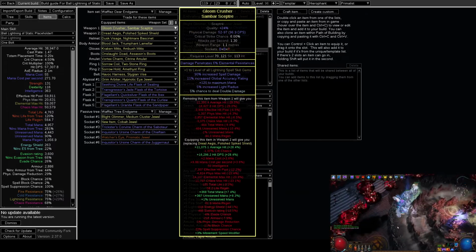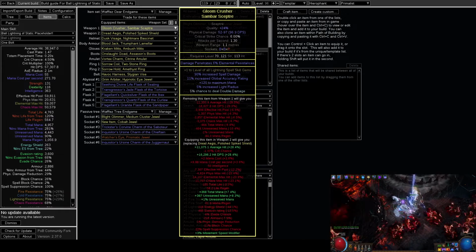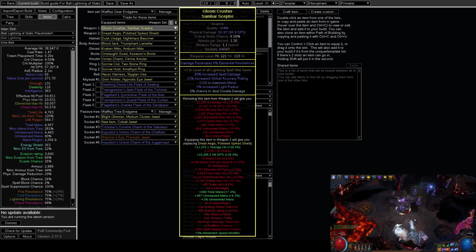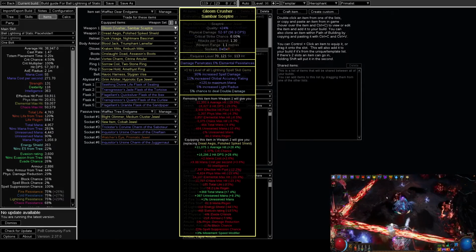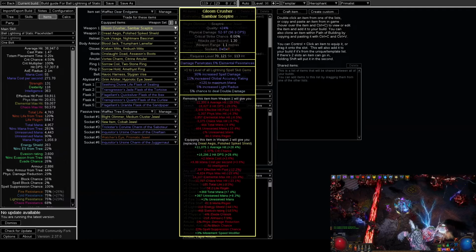Real quick, you can also get a fractured mana base. I don't know why I said that. Past Waff's a complete idiot. Future Waff is way smarter. You can also get fractured mana and do everything that I just said. There you go. Or a